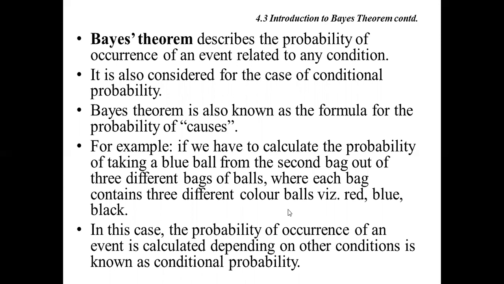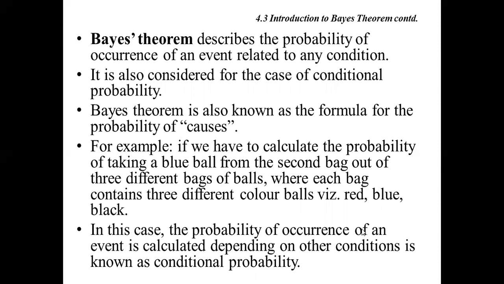Second bag means that any of the three can be the first bag, and the second time I want to take any bag, and from that, what is the probability that I will get a blue ball? So in this case, the probability of occurrence of an event is calculated depending on other conditions,